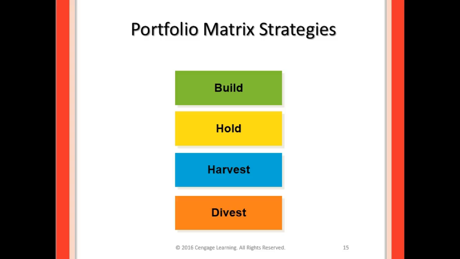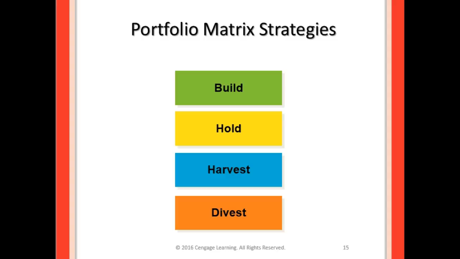Another thing, strategies for the portfolio matrix, 4 options that you have here. Once you classify your SBU as one of the 4 that we just listed, you have to determine how you're going to allocate the resources for each of your SBUs. You see the 4 strategies there: build, hold, harvest, and divest. Build is if an SBU has the potential to be a star. What you want to do is look at building into it, investing into it. If an SBU is a successful cash cow, the goal would be to hold or to preserve the market share that it currently has.